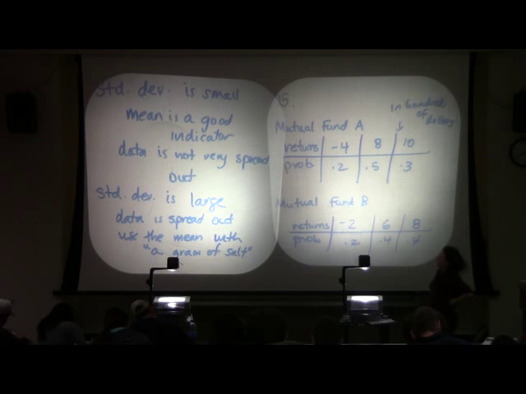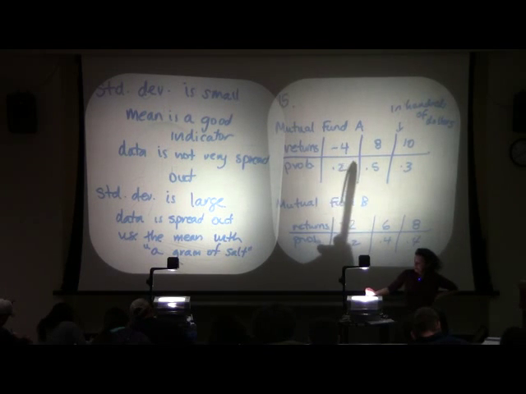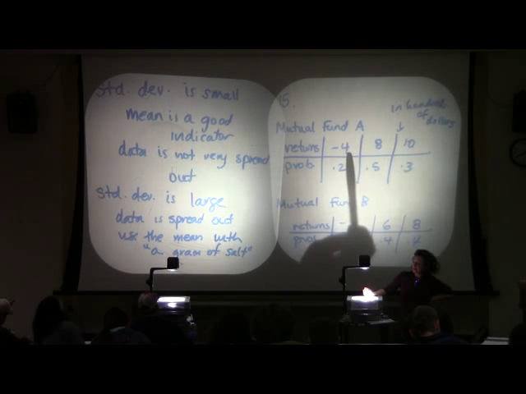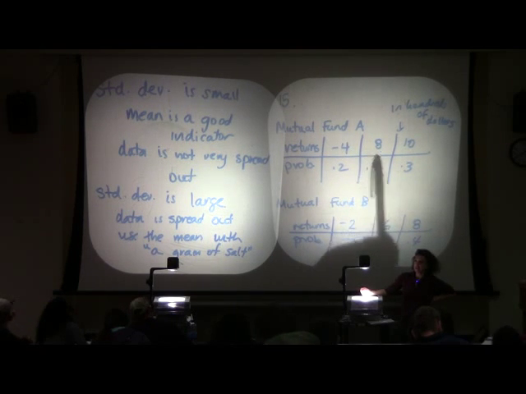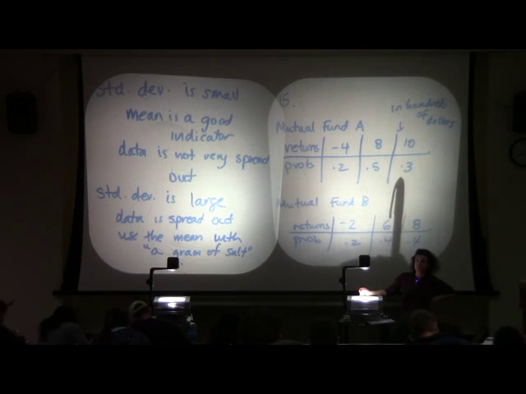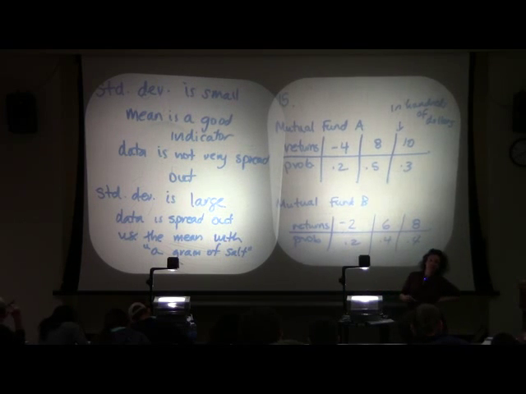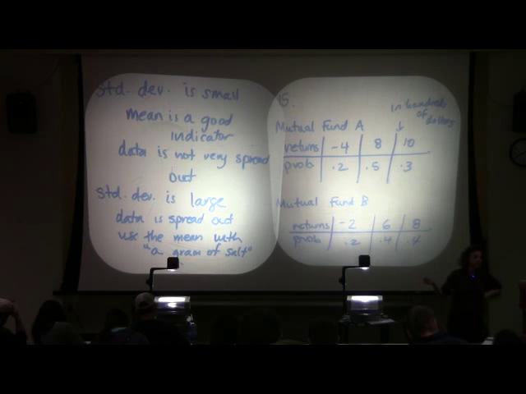So what this means is with a probability of 0.2, she can expect to lose $400 here. With a probability of 0.5, she can expect to gain $800. With a probability of 0.3, she can expect to gain $1,000. Remember, these are in hundreds of dollars. You guys with me?